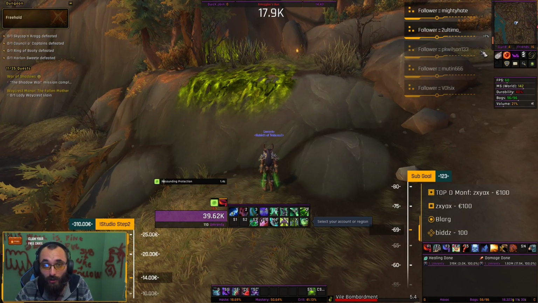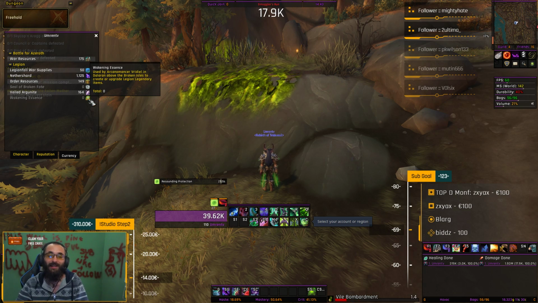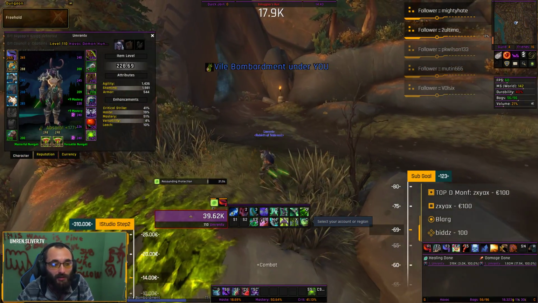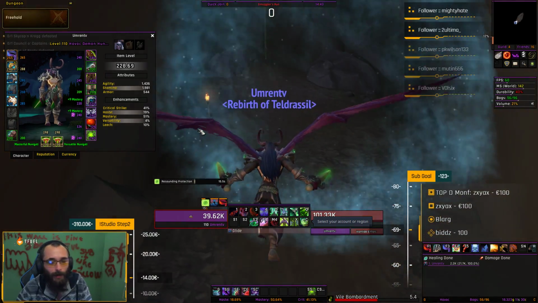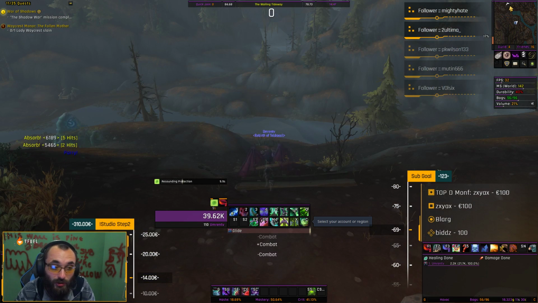I was missing some, and I got exactly 1000 Awakening Essence when I bought the... I mean, I couldn't even calculate it that way. It just gave me like 37 or something from the last emissaries, or 36, and I was missing 36. So yeah. After that, you go to Dalaran, you buy yourself the helmet, of course, the legendary